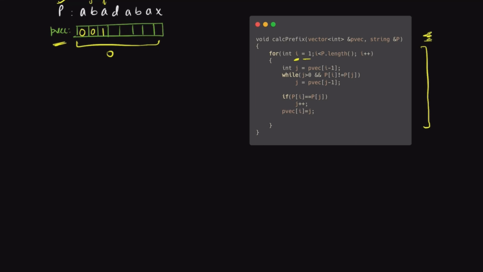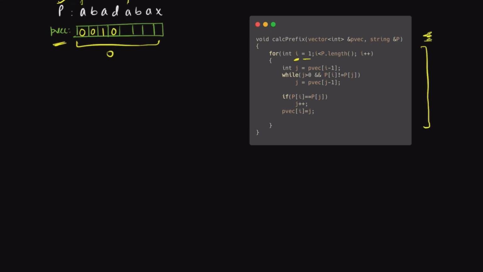That means this is 1, and let's increment i now. We can see that b is not equal to d. That means we will move j back while it is greater than 0. So moving j back here, and now putting the value of j, it comes out to be 0.